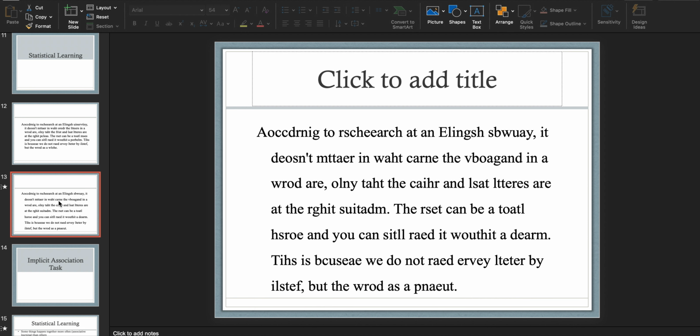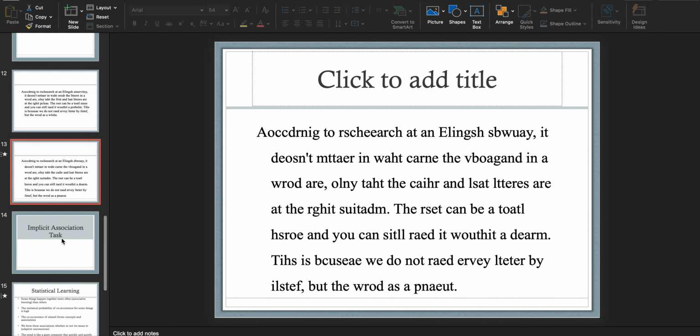And so even though the first and last letters are the same, now we have to try to figure out that word because the context isn't revealing a very quick number of possibilities that word might be. And so this is a little bit more challenging because there are certain words that are just outside the context. They just don't fit the flow of the passage. They don't fit the range of possibilities for what words might occur together. And so this is supposed to illustrate, be an example of statistical learning.